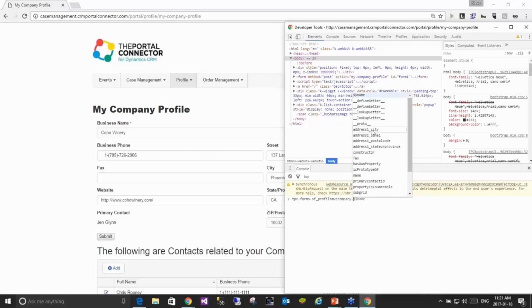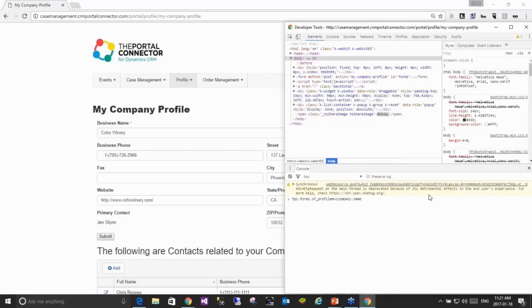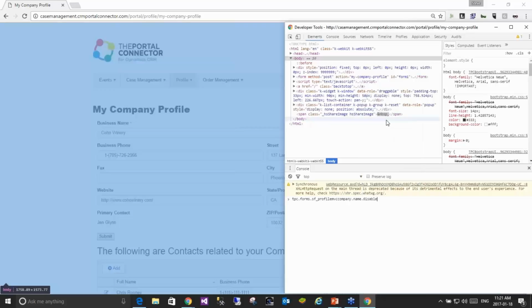So let's go down to name. Where's that name? There it is. Right there. So you can see all the fields and all the methods and properties. Name. Click on dot, and then you see all the accessors. So if you want to add a value changed event, you can do that. Of course, you've got disable, enable, set value, get value, and let me just do a couple examples here